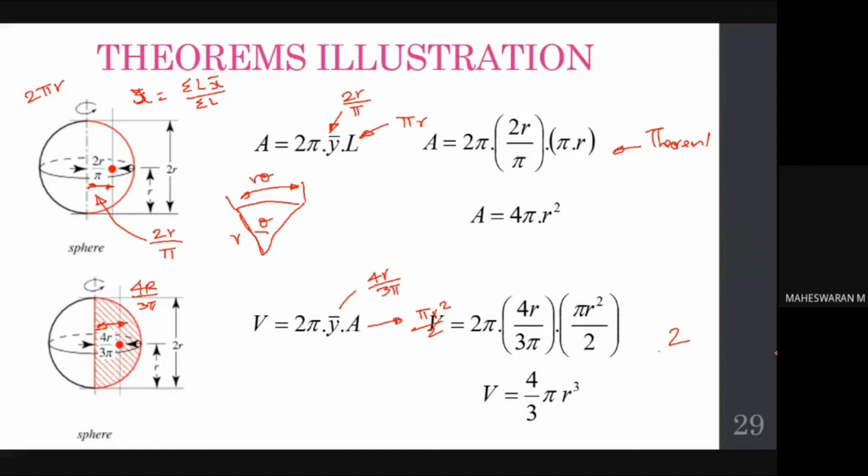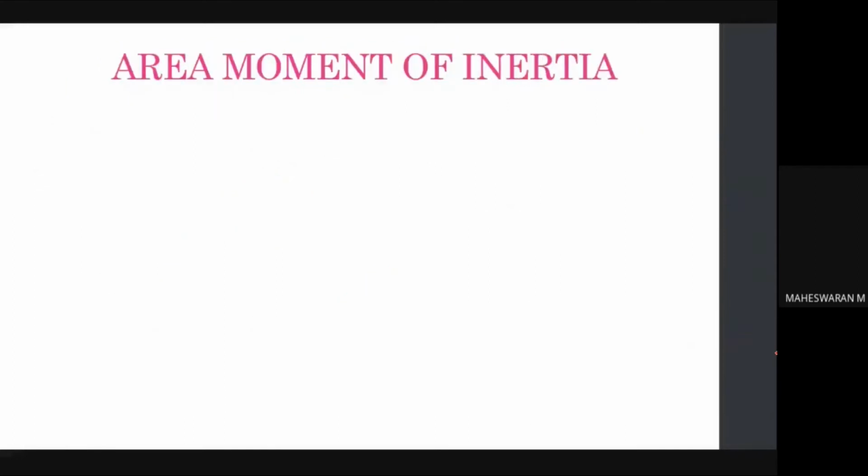Now we'll proceed with the next one, an important topic, which is area moment of inertia, right? Whenever I consider moment of inertia, there are different types actually: mass moment of inertia and area moment of inertia. Two categories, right? Mass moment of inertia deals with the acceleration which is generated when the object is revolving. We will discuss that later. Today we will discuss this area moment of inertia.